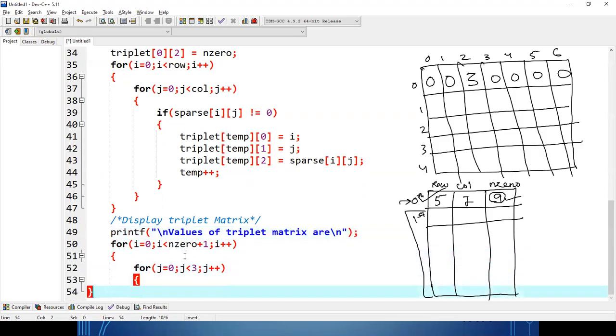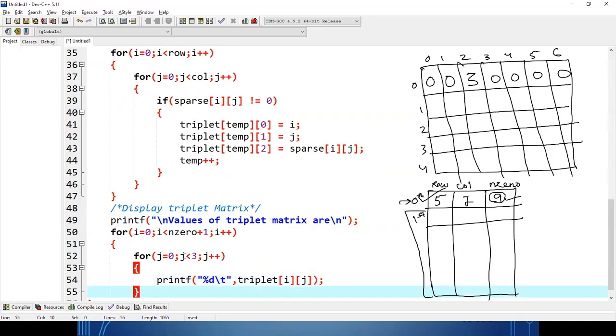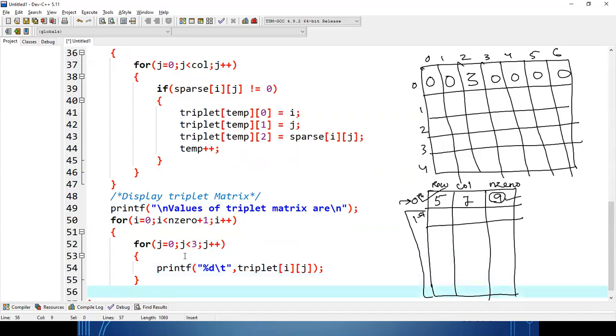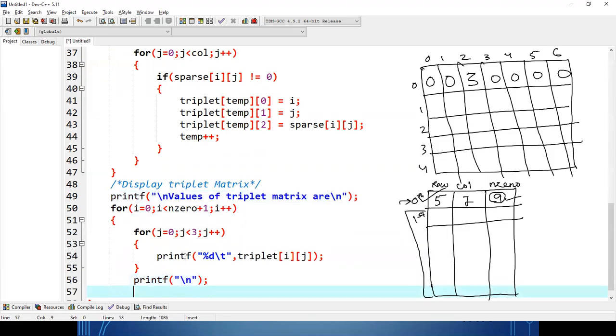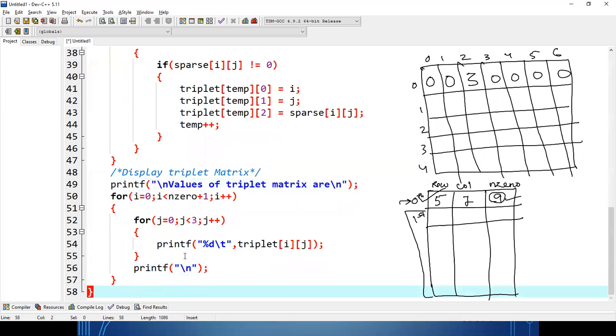Printf, let us keep some space between the values, triplet of i j. After completion of a single row, since we need the values in matrix format, we have to write slash n here so that the next row starts from the next line.